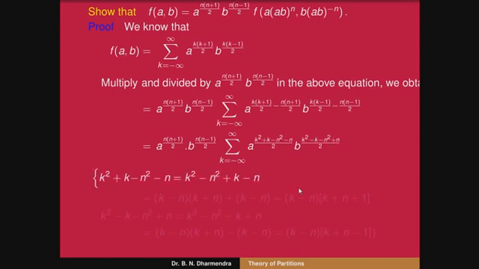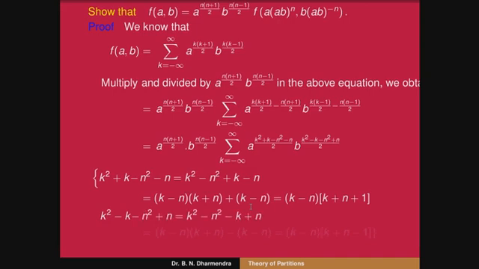Just observe here, the terms are k square plus k minus n square minus n. We can collect the terms of k square minus n square, k minus n. So this one is in terms of a square minus b square form, that is equal to k minus n into k plus n, and here this one is k minus n. You can take k minus n again as a common factor, that becomes k plus n plus 1, the remaining term.